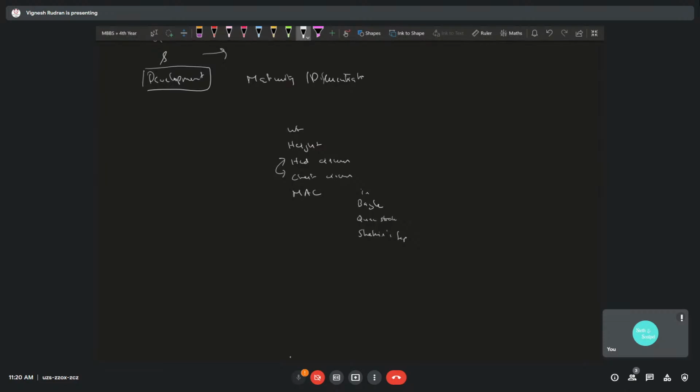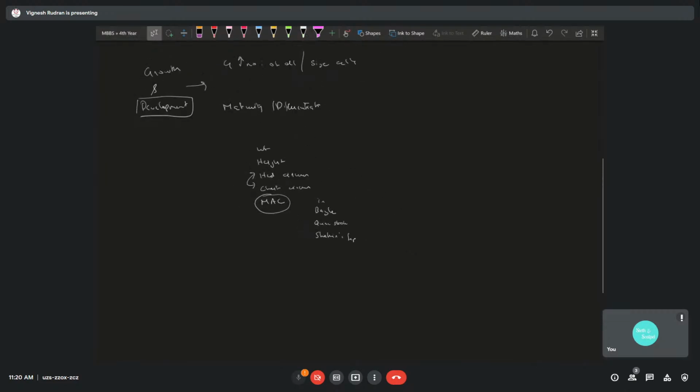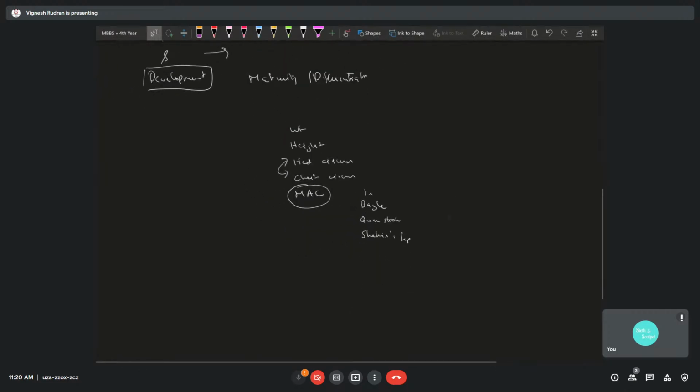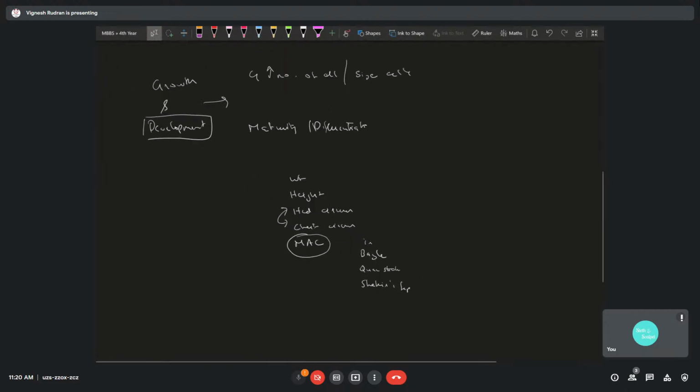And the most important thing is you look at this for the first 5 years. After this, the mid-arm circumference is not of much use, because the tissue in our arm slowly gets replaced by muscle. So that is something which you need to know. That's why it's important for the first 5 years. And then that would be all about your growth parameters.